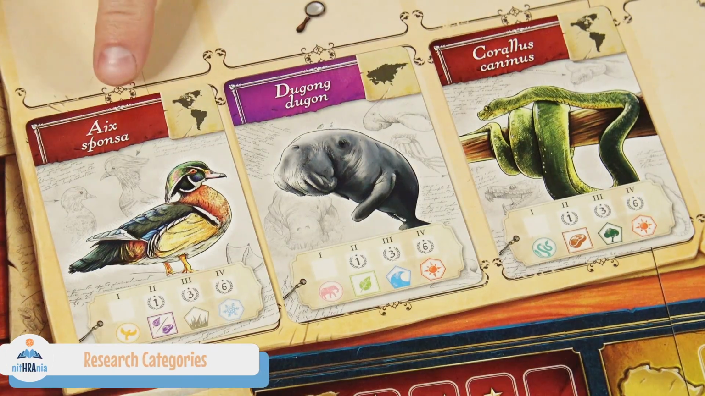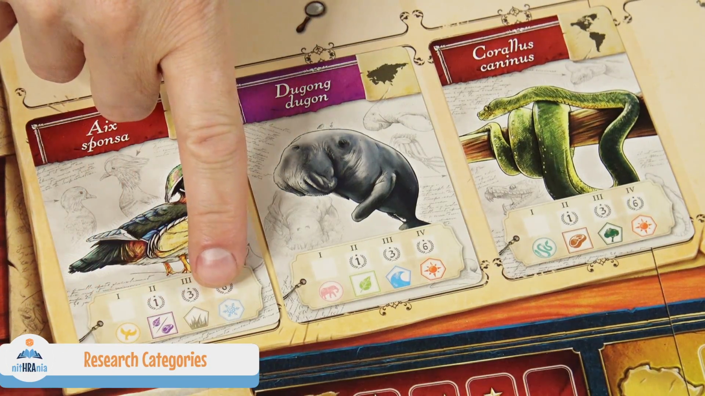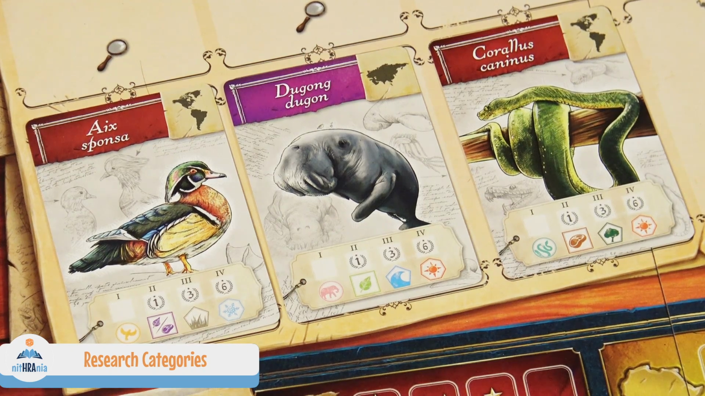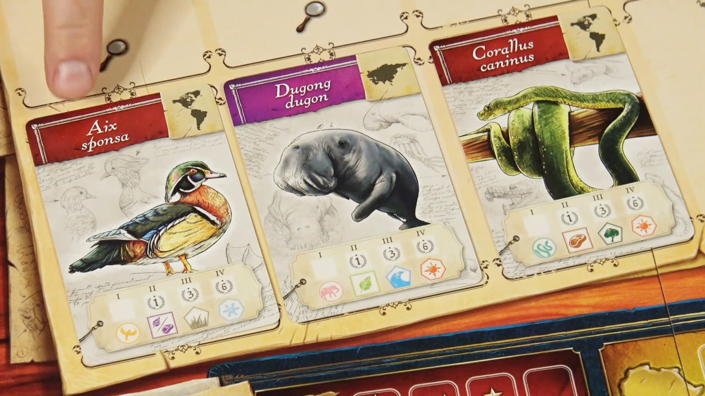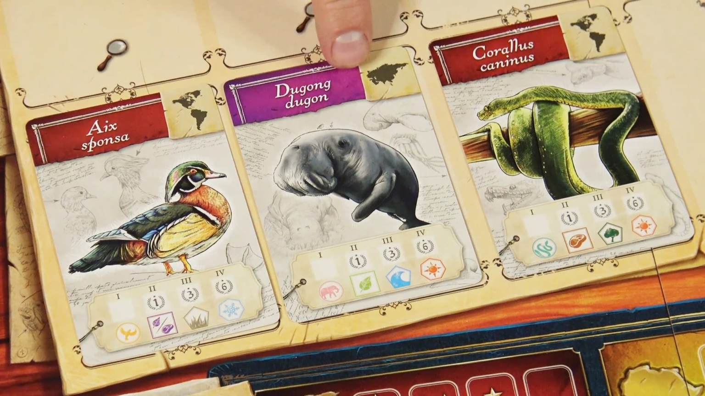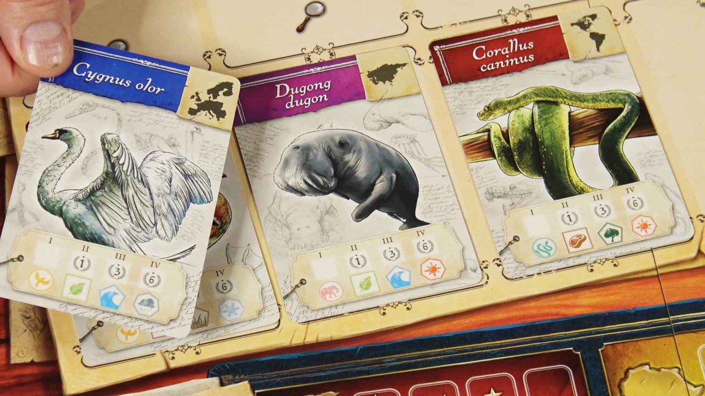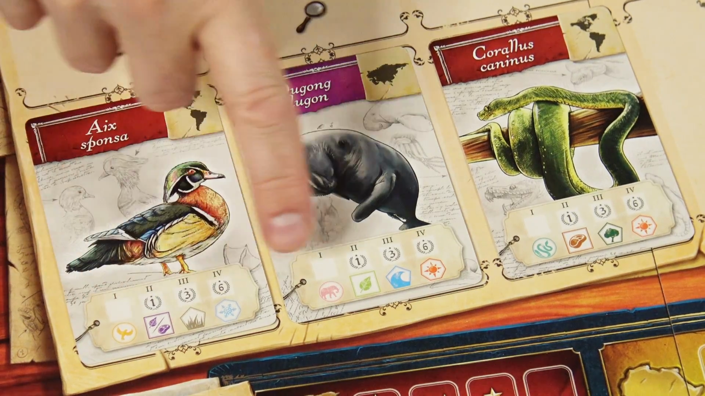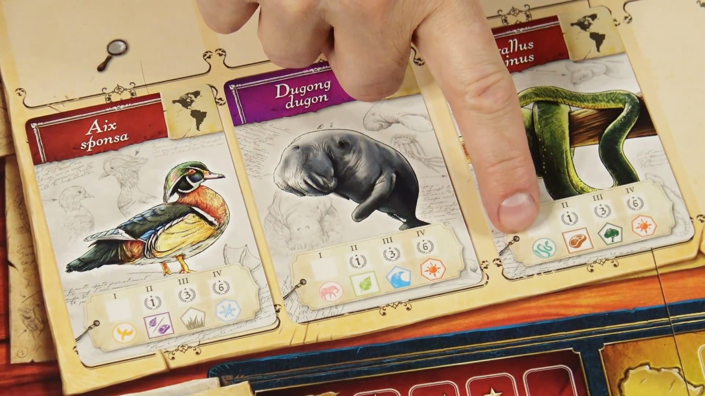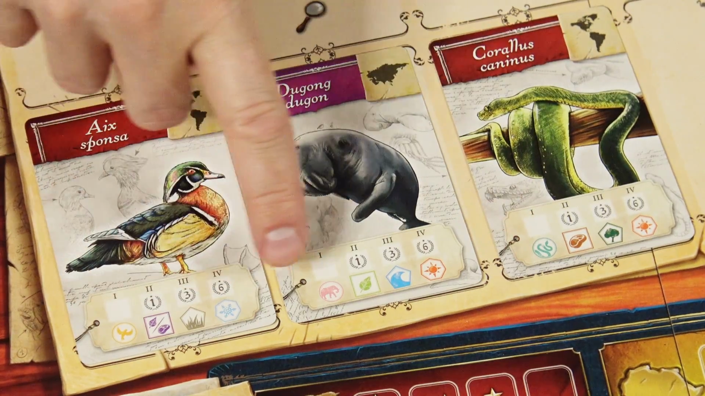The color of the card and also the symbols on the cards represent various categories of animals. The colors determine the continent where those animals live. The red color is America, purple is Asia, green color represents Australia, the yellow color is for Africa, and the blue color represents Europe. Then this first category, the first research category, determines whether the animal is a bird, mammal,